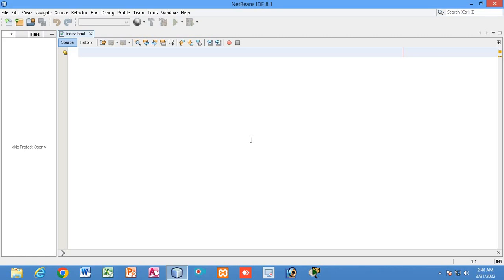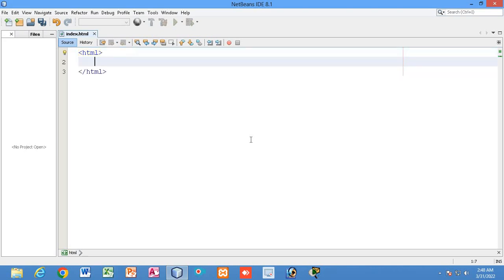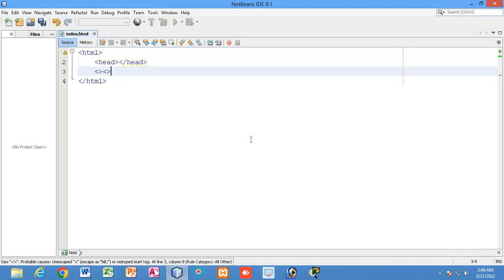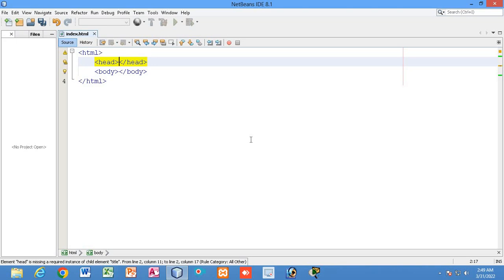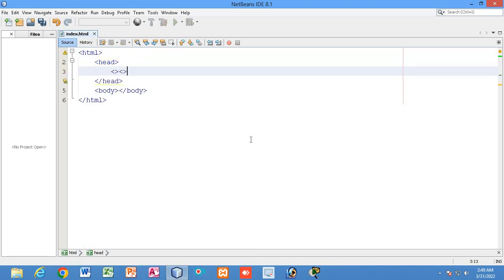Let me start writing the HTML code. First I am going to use the root HTML tag, then head. Under the head we will have the body, and we will also have the title.